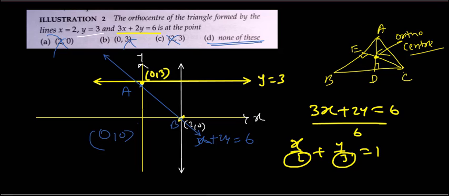So just remember how we have found the orthocenter. Also you can remember that in any right angle triangle, the orthocenter will lie on the point where the right angle is. Okay, so this will be my orthocenter in a right angle triangle. Just remember this. This will come very handy. Okay. Next,